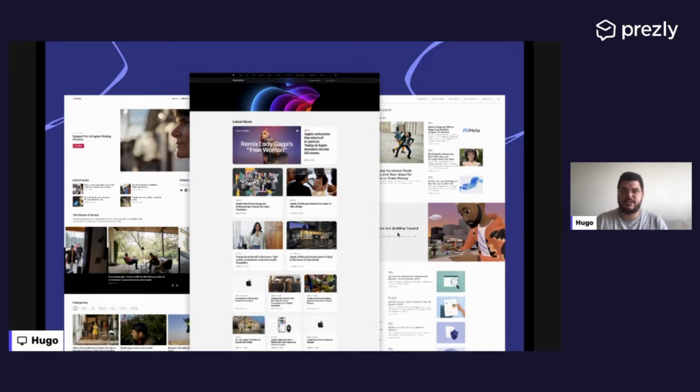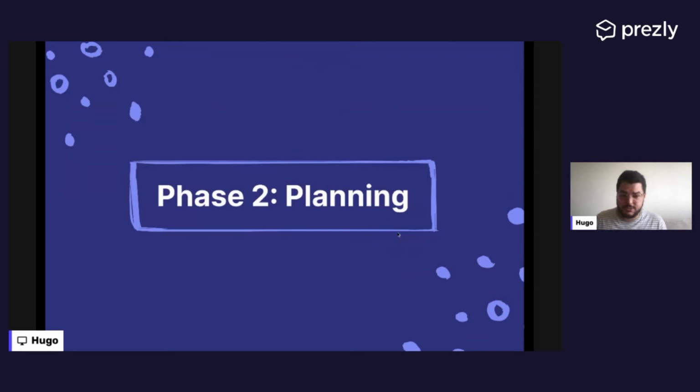For example, accessibility issues, readability issues, and yeah, that was our starting point. You later on see that these newsrooms also serve kind of an inspiration for us on building our new theme. So yeah, phase two was planning. We knew that we wanted to build the best newsroom in the world, but we also needed some guides